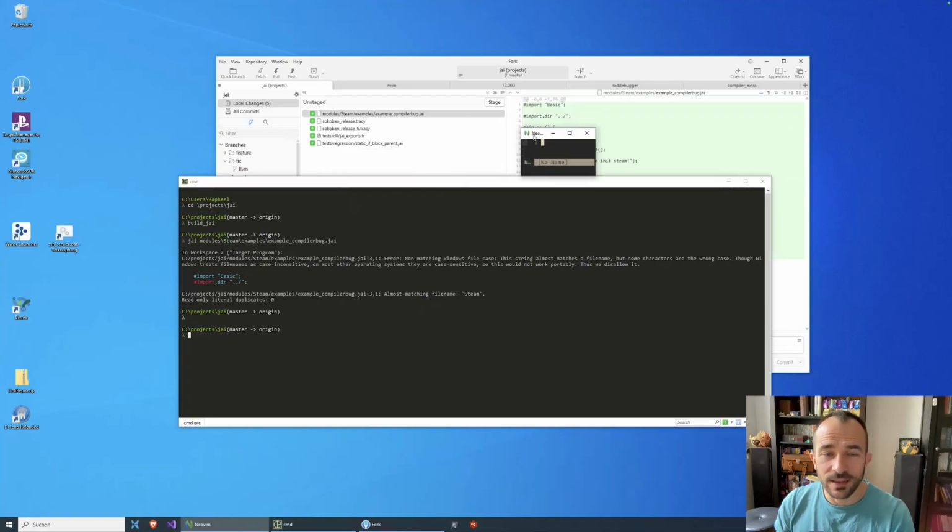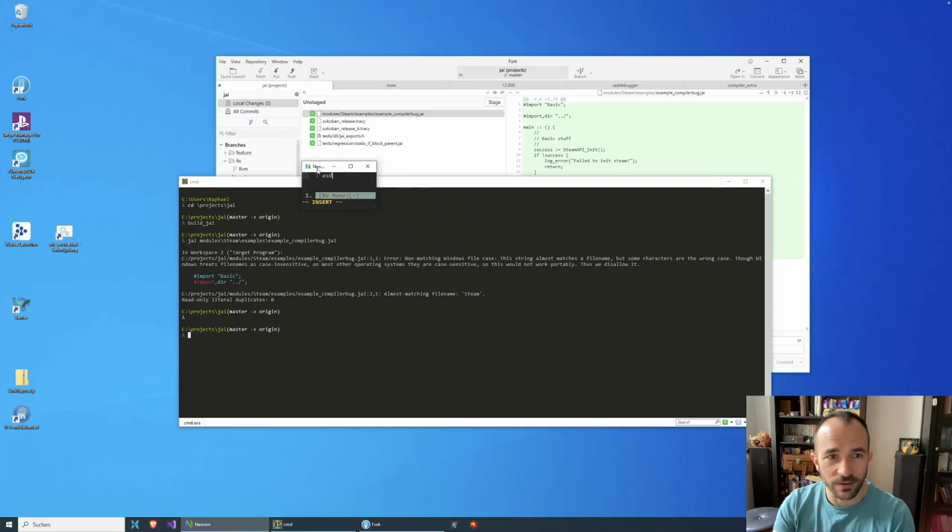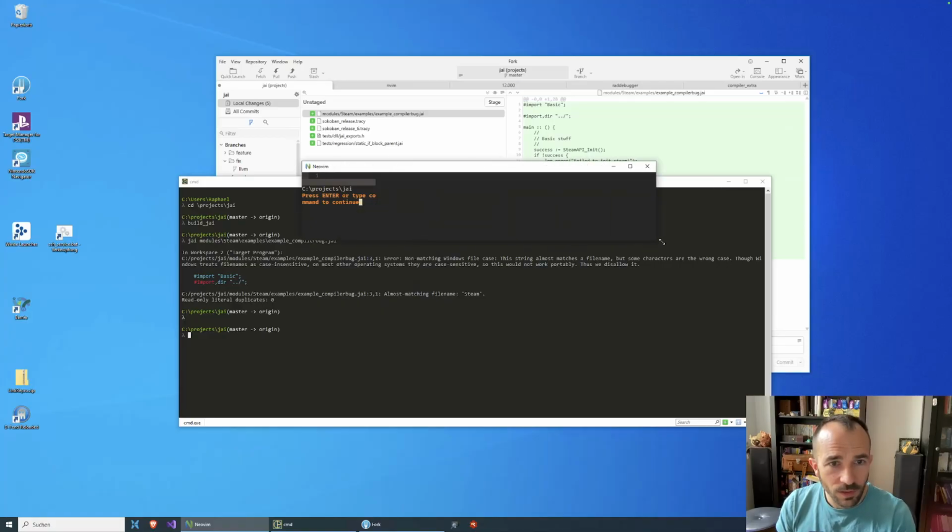Oh, I love NeoVim on Windows, NeoVim Qt. It has so many great features. One of them is that from time to time, this is its window size when I open it, which is the perfect window size for basically any monitor. I love working in here. Let's actually try that. I want Steam examples. No, I have to CD first. My muscle memory is so broken. What just happened? Press enter, type blah. Okay, I'm sorry.